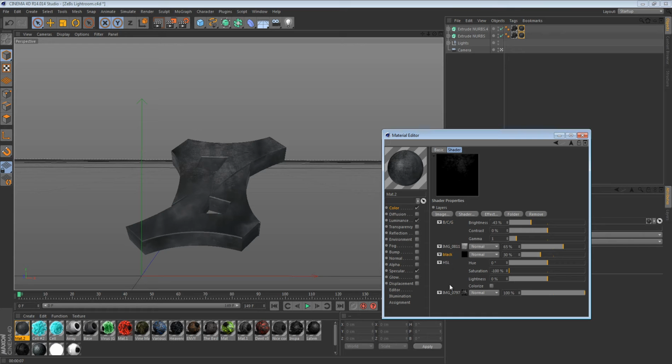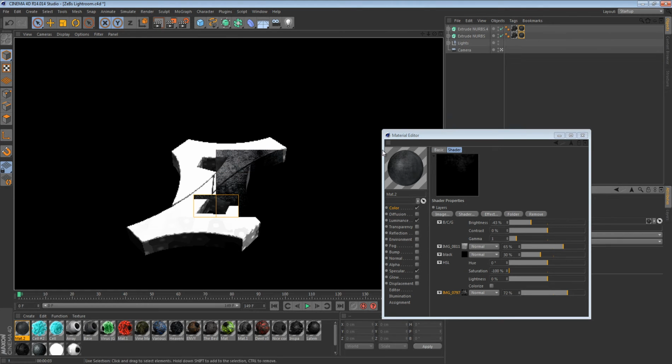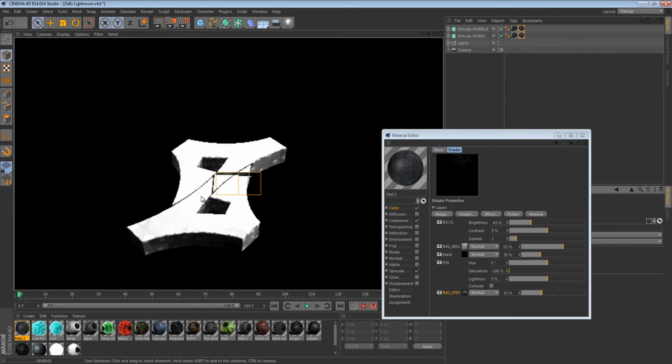Let's see. I'm trying to figure this out. I guess lower the opacity on here. That might fix it. I might make it like 32%. Actually, as a matter of fact, and then